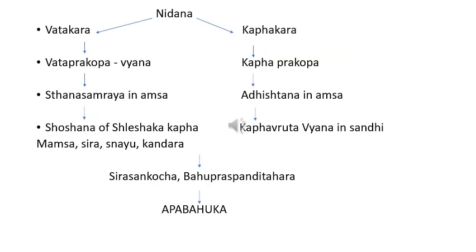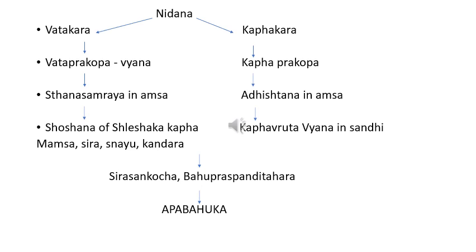So when we see the Samprapti of Apabahuka, according to Matha, it is of two types: Vataja, and there is a Kafaja Nidana also, as mentioned. So here we can see the Vatakara and Kafakara Nidanas are mentioned. Vatakara Nidana produces Vata Prakopa of Vyanavayu especially, and it gets Sthana Samshraya in Amsa, and it